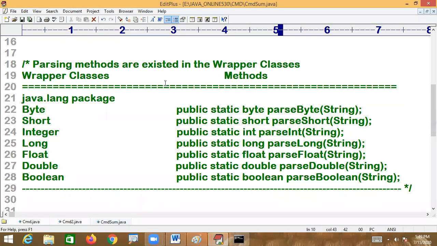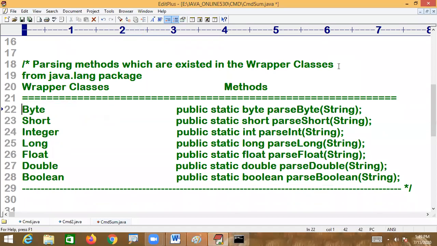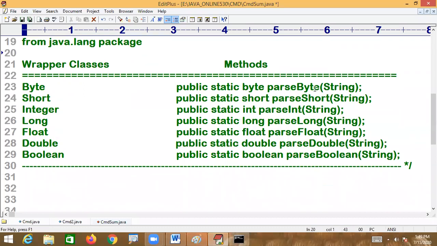We can convert string type to primitive type only by parsing methods, which exist in the wrapper classes. Wrapper classes from which package? The java.lang package.